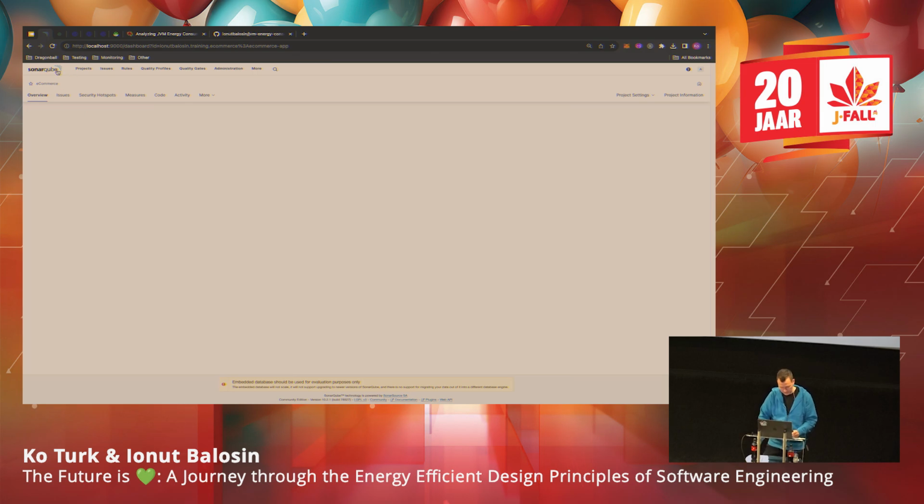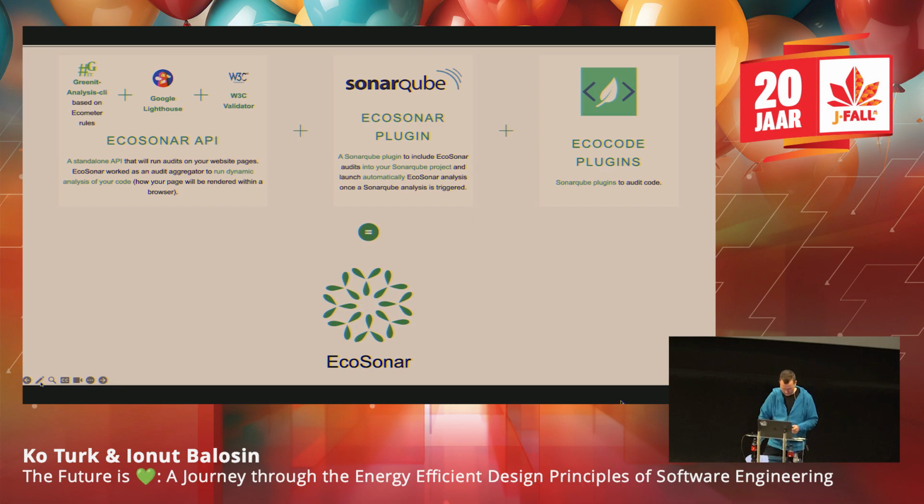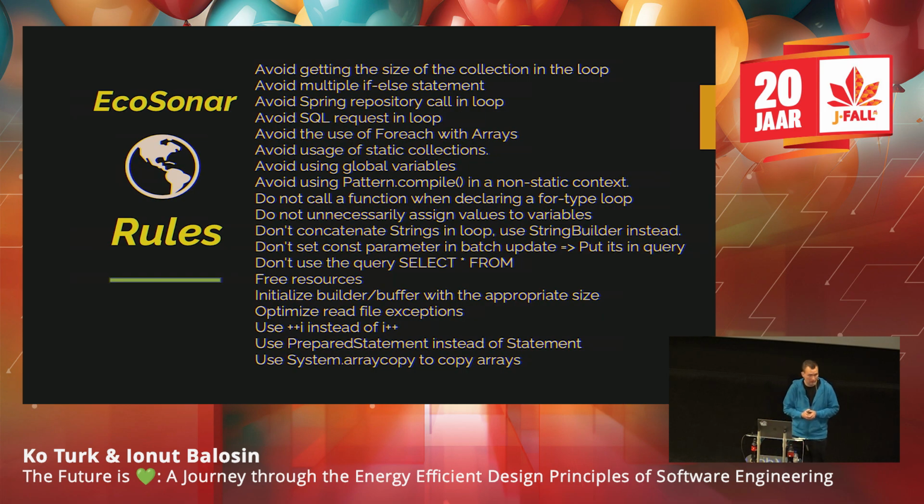Okay, now, what this does is, I'm going back to the presentation, and it's pretty cool. It has a rule set, so it's checking your code. It actually checked your code and already saw a bunch of things. These are the EcoSonar rules. Some are maybe not so important, but these can be important if you have a lot of violations. It will help to reduce your CPU and memory. Small steps, but it can help your code to be more friendly. So this was one thing.